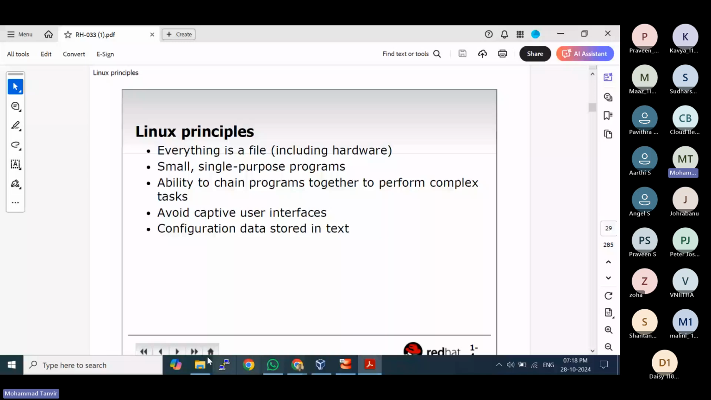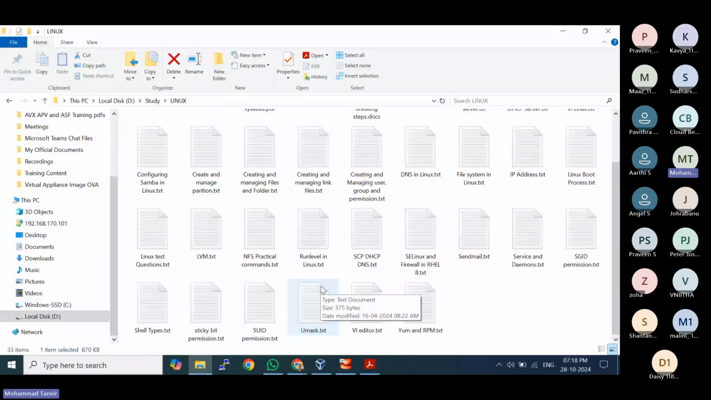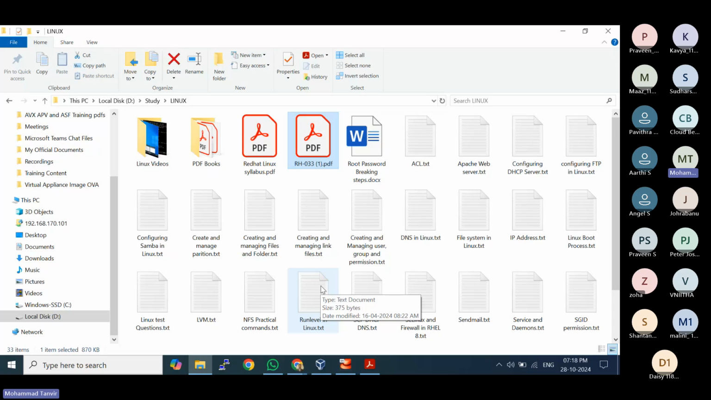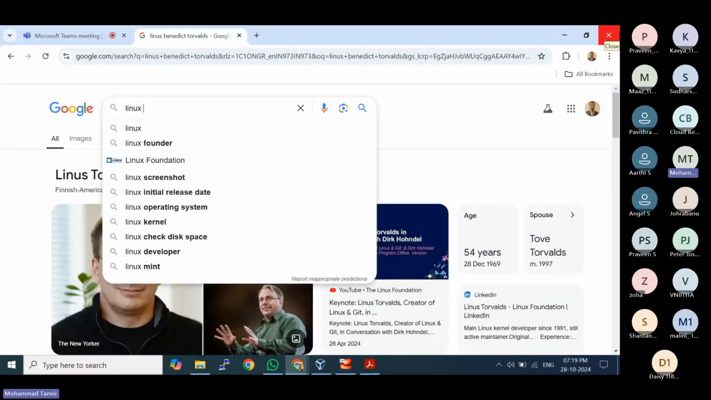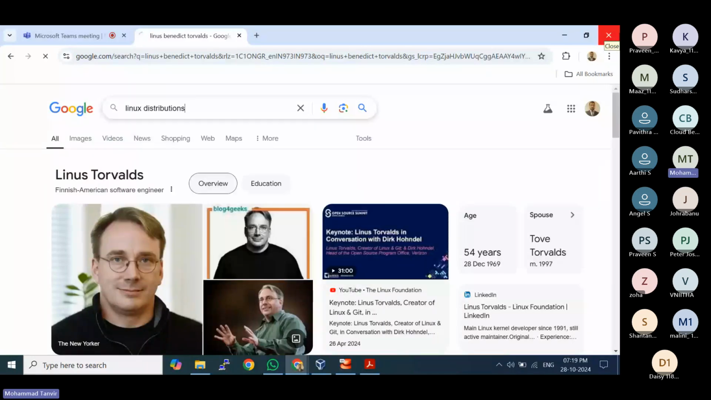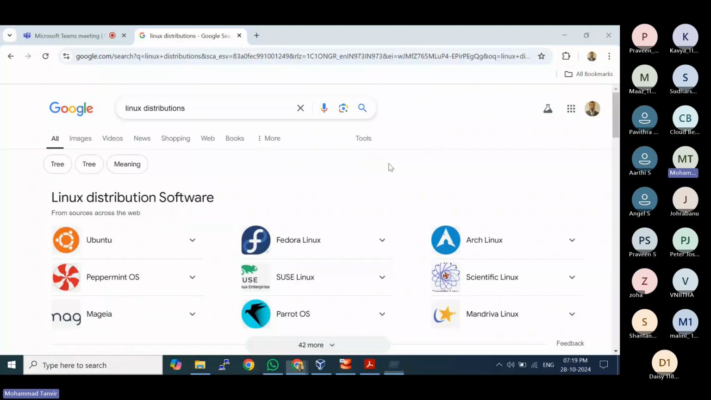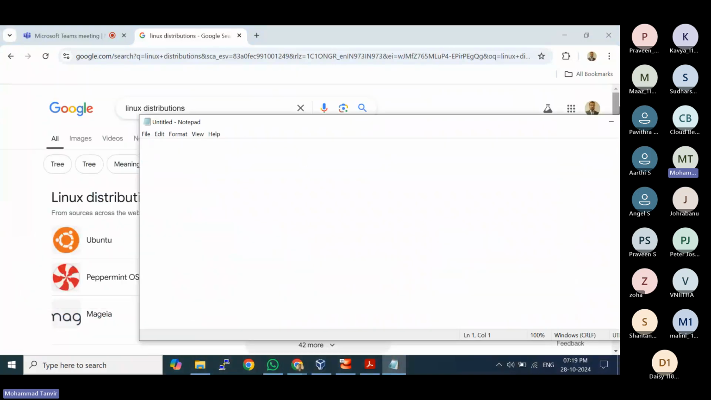Now, when we talk about Linux distributions, I think I created one introduction to Linux, maybe it's been deleted. Okay, so we have a lot of Linux distributions available in the market. Out of those, we have some famous ones. If you ask me which one is the topmost in the market, the top leader is